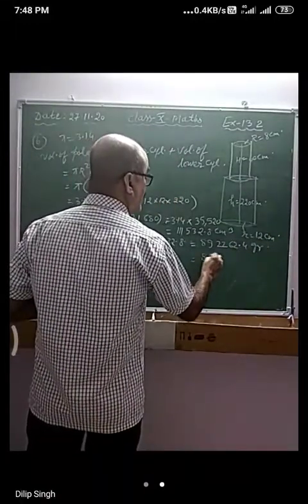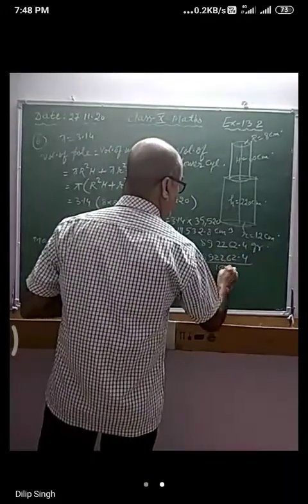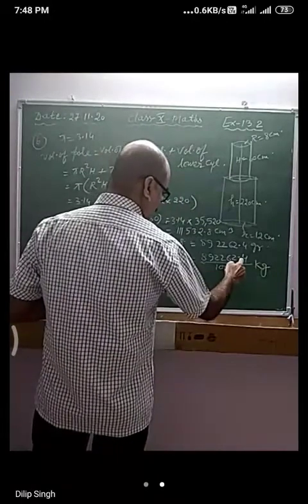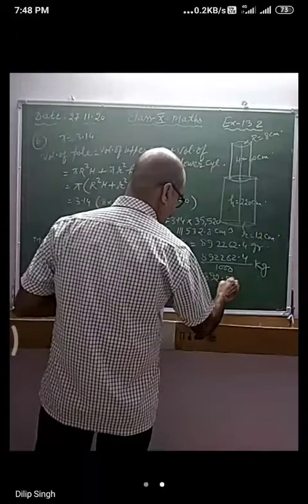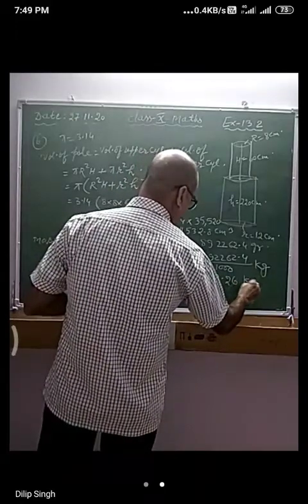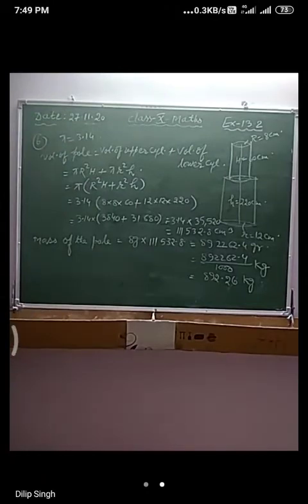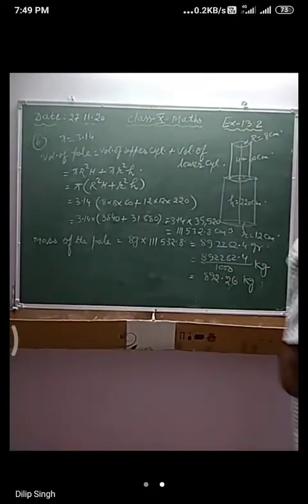Now you can convert it into kilogram. So 892262.4 divided by 1000, that will be converted into kg. So यहाँ से 3 प्लेस इधर आ जाएगा. So that will be equal to 892.26 kg approximately. ठीक है? This is your final answer. Okay. So this is a very easy question. You please note down.